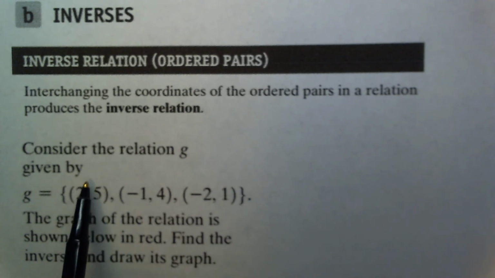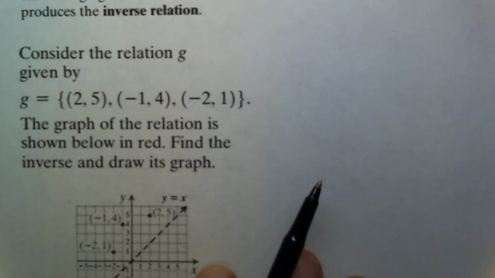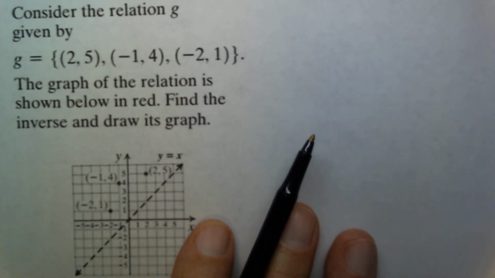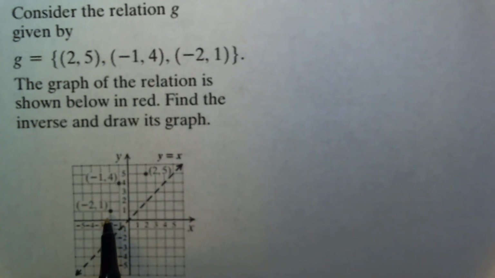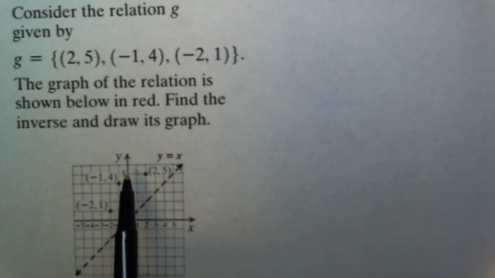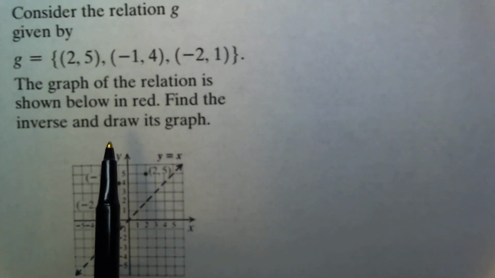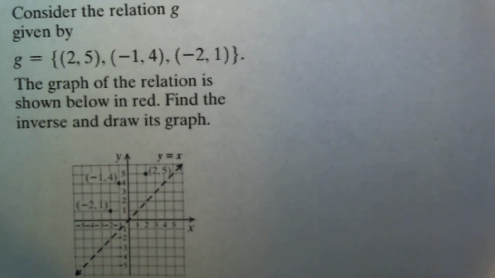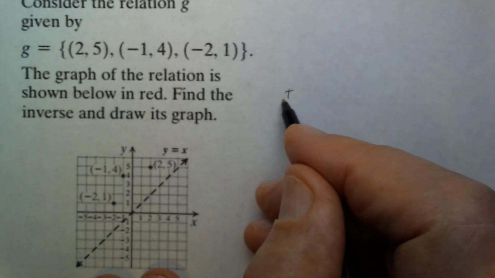For example, when we have the relation G given by the ordered pairs 2, 5, minus 1, 4, and minus 2, 1, so we have the ordered pairs given here. To find the inverse and its graph, we simply exchange the x and the y in the given ordered pairs. In other words, we can say the inverse of G